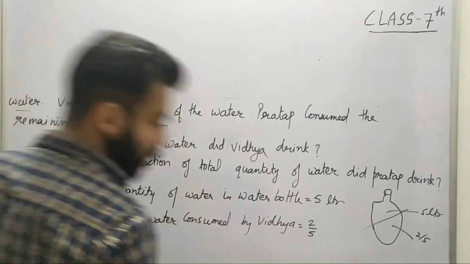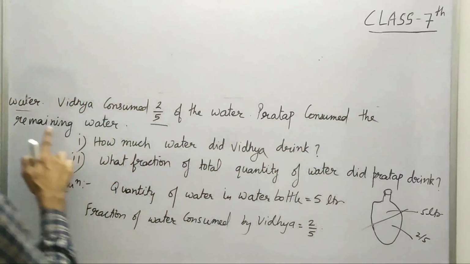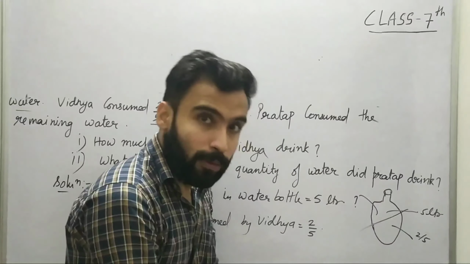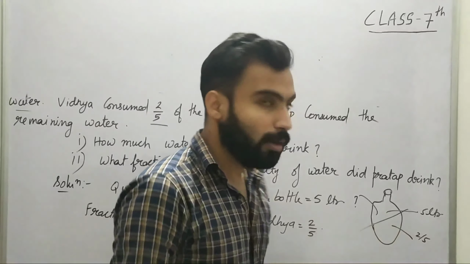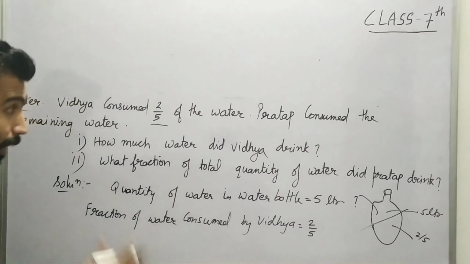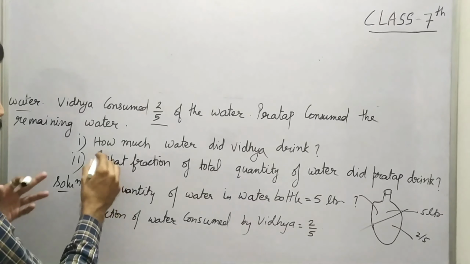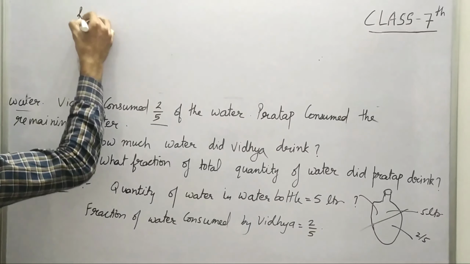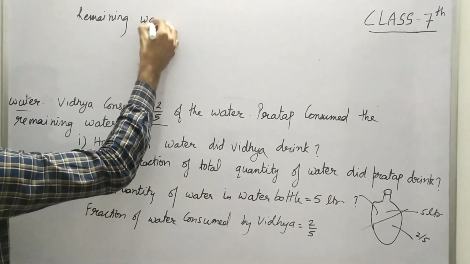Now you can see further it is given to us that Pratap consumed the remaining water. So what is the remaining water? This part. But we don't know how much the fraction of water in the bottle Pratap drank. So to find out that, first of all, let me just see the question here. So Pratap consumed the remaining water. So let me just write that the remaining water